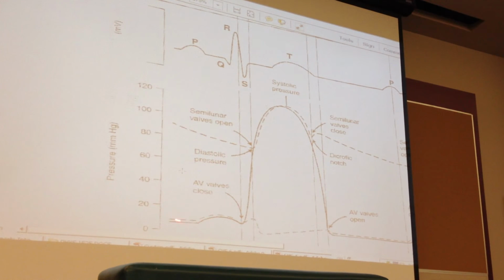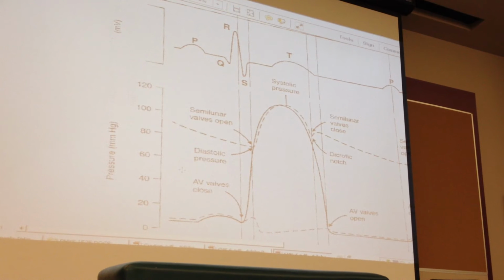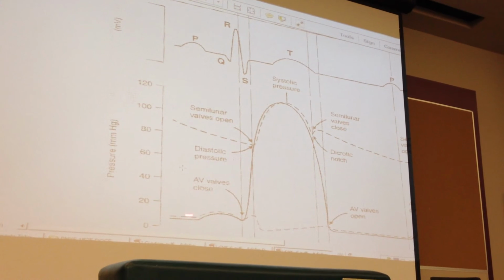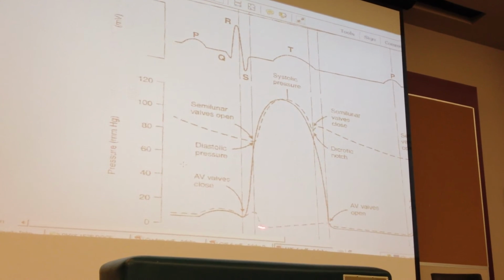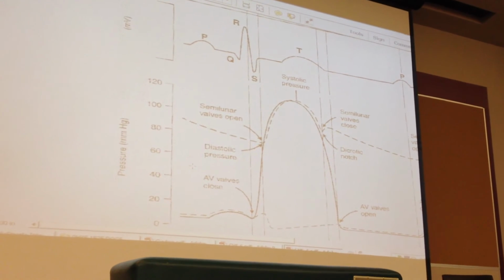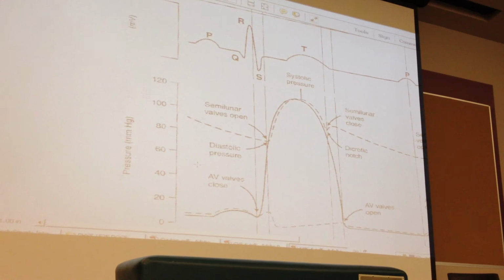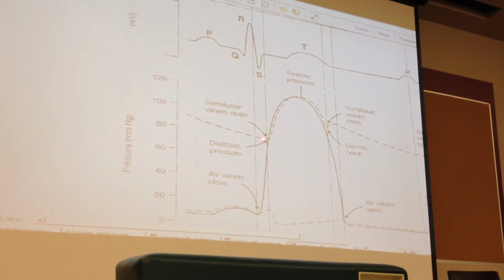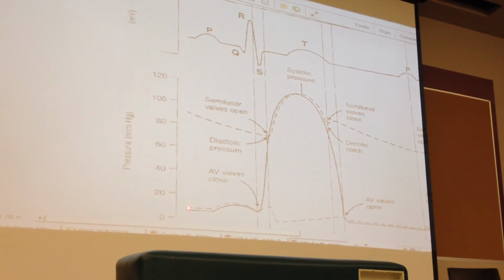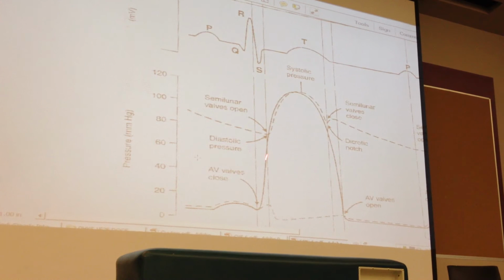Whereas the pressure of the blood in the atria is represented by the lower dashed line. Ignore that. That's not as important for us. Maybe for a cardiologist. Ignore this lower atrial pressure curve during the phases of the cardiac cycle. You want to pay attention to the arterial pressure, in this case the aortic pressure, the pressure of the blood in the aorta, which is the upper dashed line, and to the intraventricular, left ventricular pressure, that is the solid line.